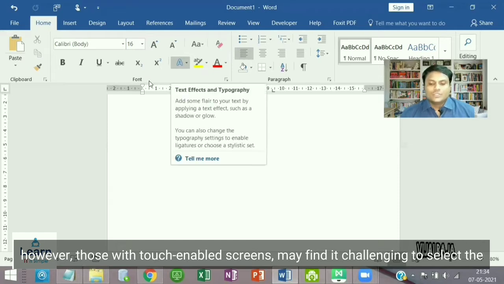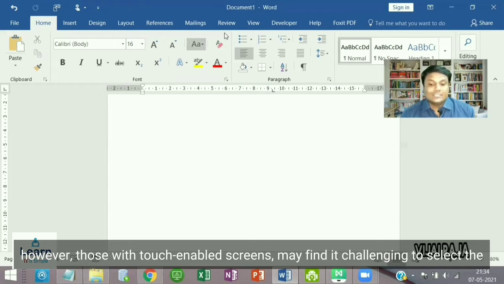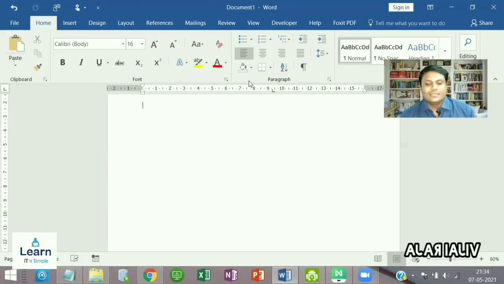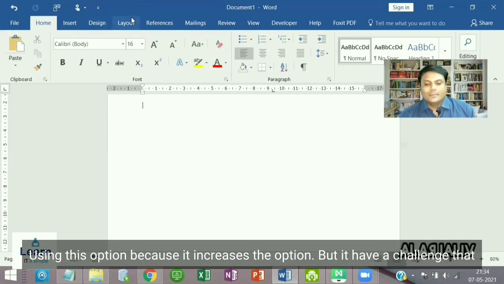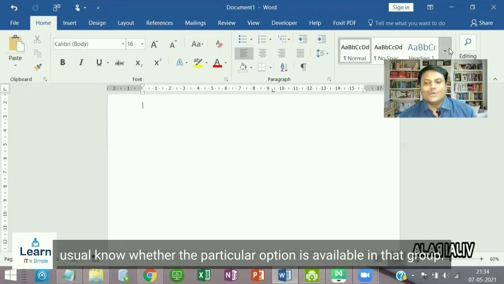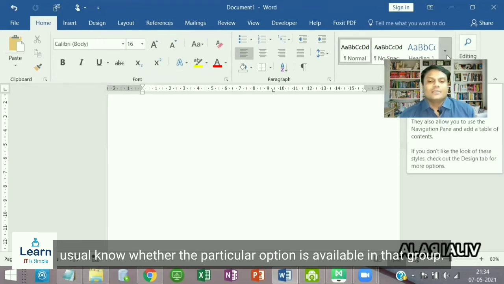However, those with touch enabled screens may find it challenging to select the commands using this option, because it increases the option spacing, but it has a challenge: you should know whether the particular option is available in that group.